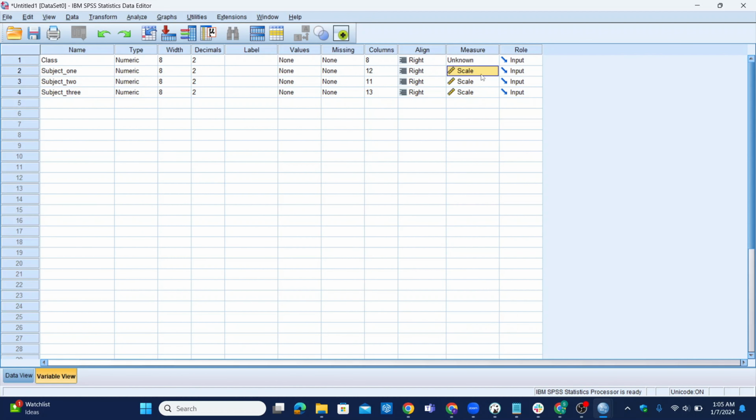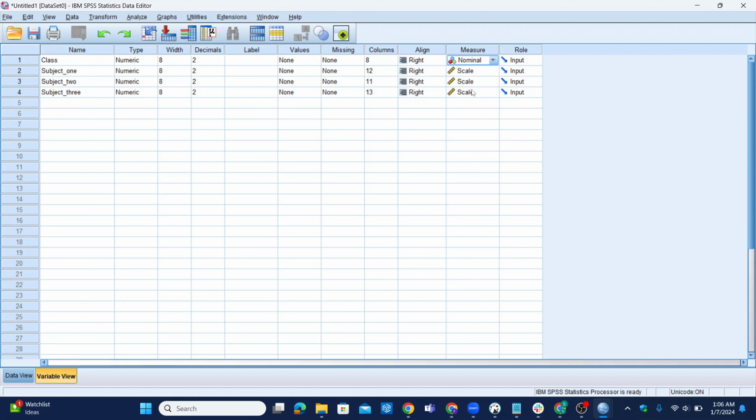However, since we know this class is alphanumeric and not just a number, we can't represent it as scale because it's not a continuous value. A number actually represents a particular alphabet or a category, which is what the class is. So we need to make this number nominal. Now we have an option to choose either nominal or ordinal, but for this case we are going to be